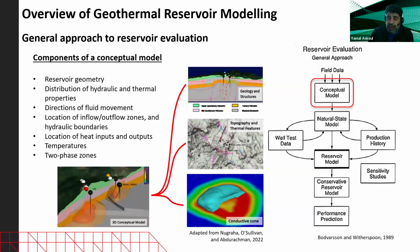And once we have this characterization in place, we want to jump into trying to build, as I mentioned to you, a conceptual model where, considering all the available information like lithology, type of rock, temperature, and parameters like thermal conductivities related to those rock systems that we have in the geothermal, we want to build a model that helps us understand, again, the temperature properties, the direction of the movement of the fluid when we are producing or injecting or just producing fluid, and also how this inflow-outflow